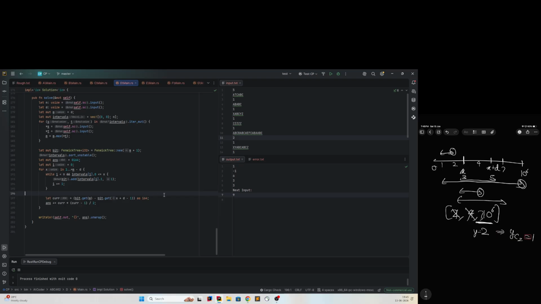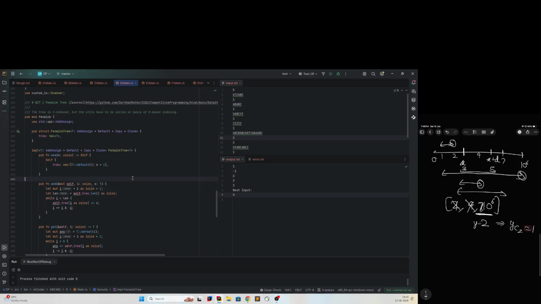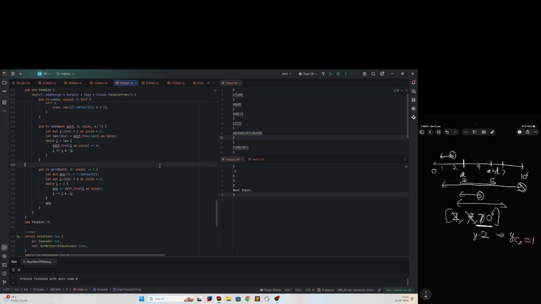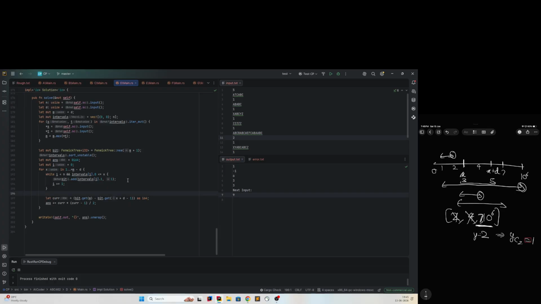Now, for finding these values, I've maintained a Fenwick tree. If you don't know, you can store some sort of prefix sum and you can update and query it efficiently. So I'm not going into too much detail of what a Fenwick tree is, but if you see the implementation, I start with x and I sort the intervals, and for all intervals whose start is less than x, I add them to the interval. I add their end time to the end time in the Fenwick tree,